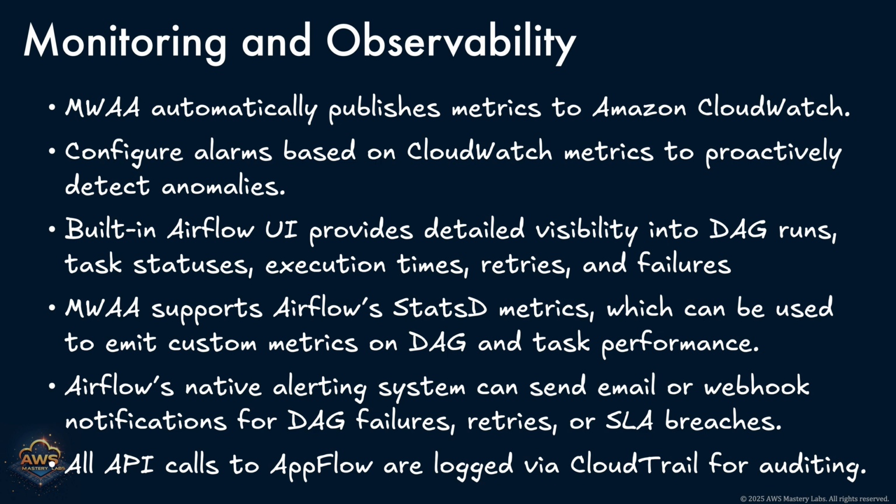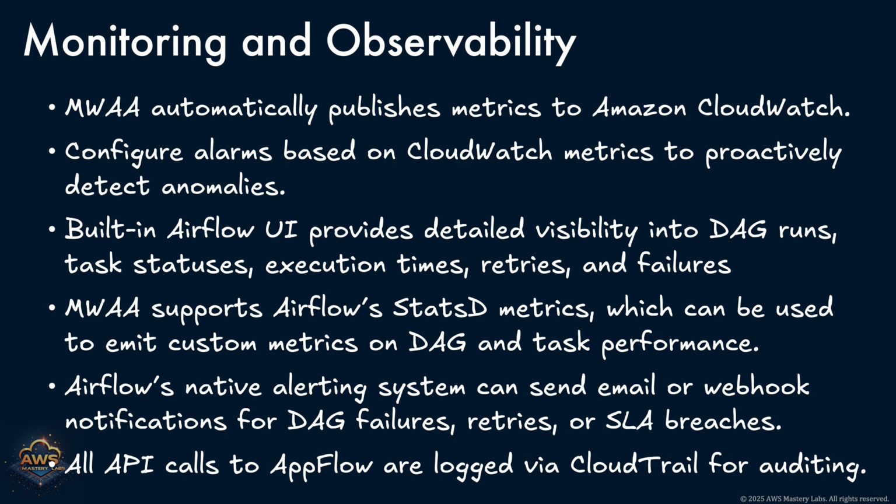and extensible ways to keep a close eye on your workflows. First, MWAA has native integration with Amazon CloudWatch, where logs from the scheduler, web server, and worker nodes are automatically pushed. This allows you to centrally view logs, set up log retention policies, and configure alerts based on log patterns or errors. The Airflow Web UI, accessible through the AWS console, remains one of the most powerful tools for real-time workflow monitoring. You can drill into DAG runs, inspect task durations, view retry behavior, and track downstream dependencies, all from